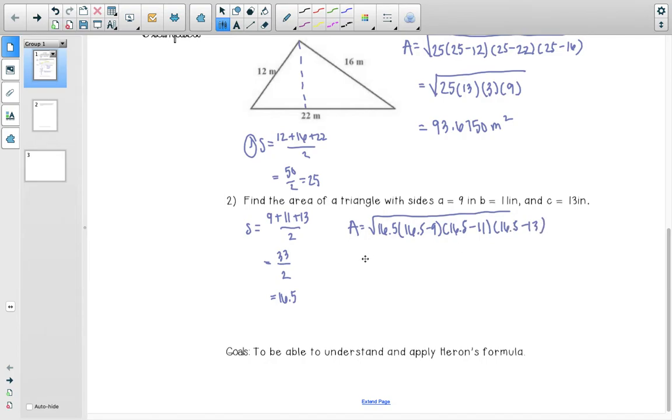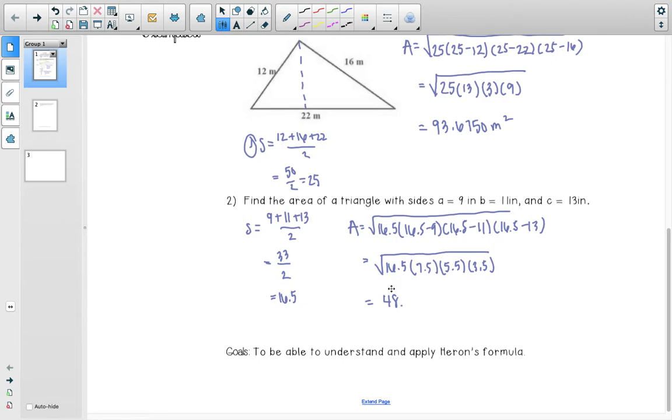Lost the decimal. All right, and then we go through. And if you do this, I have my cheat sheet of my work already done. If you do 16.5 minus 9, you get 7.5. If you do 16.5 minus 11, you get 5.5. And if you get 16.5 minus 13, you get 3.5. Okay? If you enter that all in your calculator, including the square root, you get 48 point, hold on, my